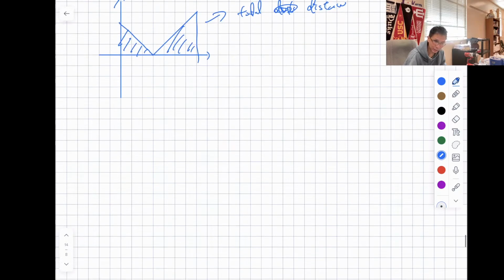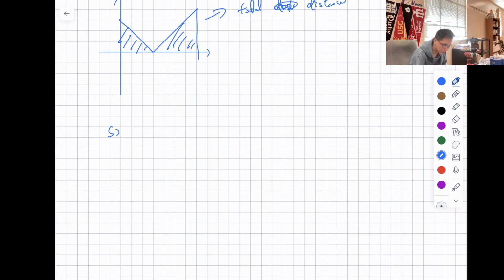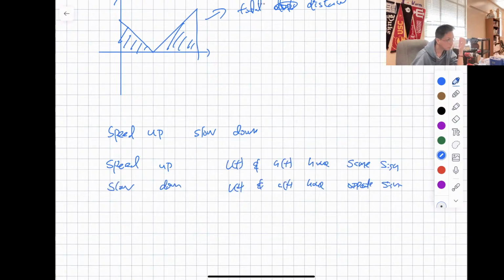Okay, we're going to talk about the last thing: speeding up versus slowing down. And you want to write this down. If I ever speed up something, that's equal to,